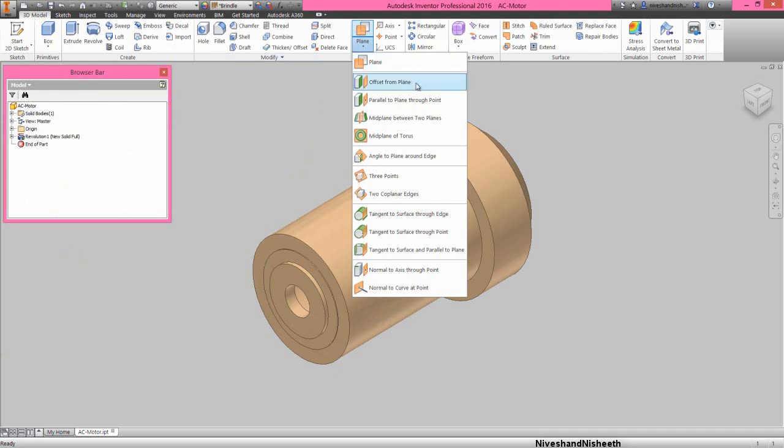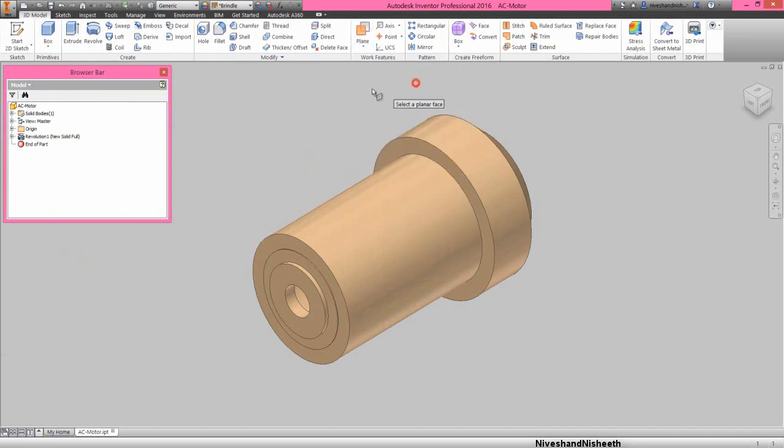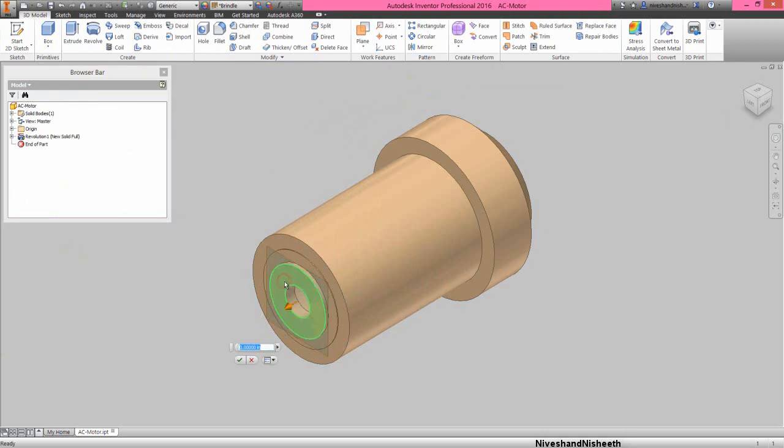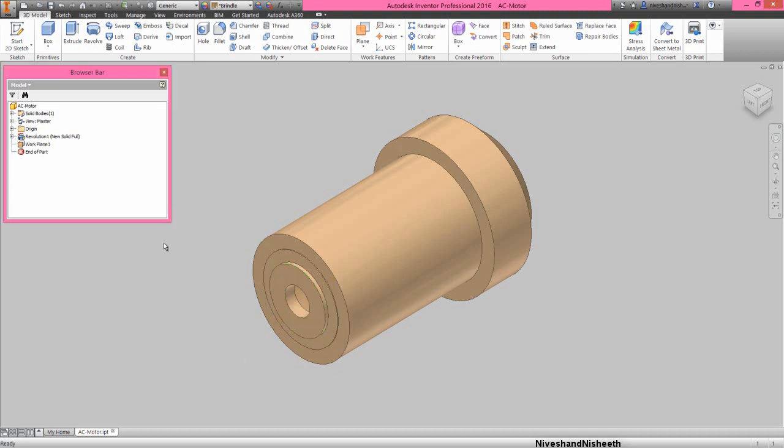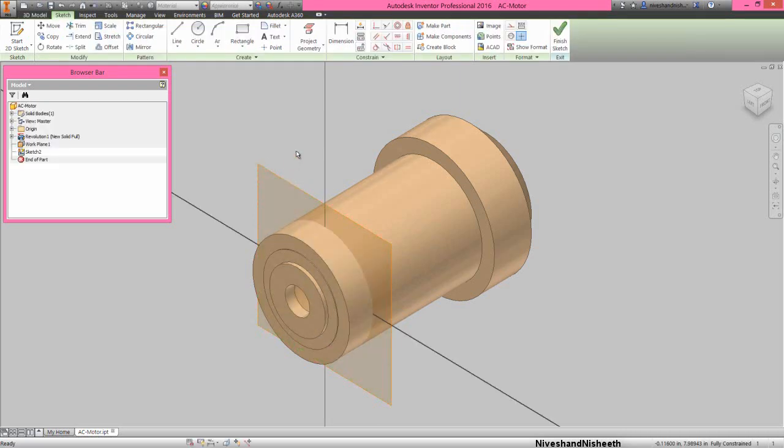Now we will activate the offset from plane command and create a new plane at an offset distance value minus 1.73228 inches from this face. Select this plane and choose auto resize option. Now see the result. My plane is viewing larger. Create a new sketch on this plane. Take the project of the cut edges through all over the body by using project cut edges command.